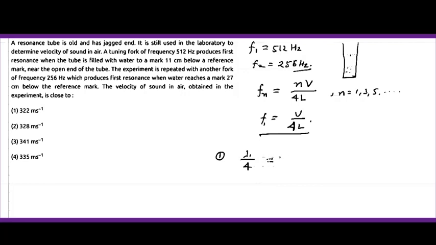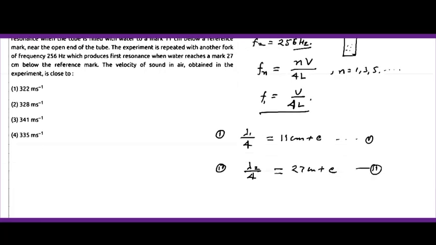ठीक है, सो लैम्डा वन डिवाइड बाई 4 जो होगा यहाँ से ये आ जाएगा 11 सेंटीमीटर प्लस ई के। ठीक है, ये इक्वेशन हो गई फर्स्ट। दूसरी इक्वेशन होगी अगेन लैम्डा टू डिवाइड बाई 4, क्योंकि सेम सेटअप है, सिर्फ फोर्क चेंज हो रहा है। फोर्क चेंज होने से जो रेजोनेंस मिल रहा है उसमें वेरिएशन आ रहा है। वो पहले 11 सेंटीमीटर मिल रहा था, फिर 27 सेंटीमीटर मिल रहा है, इसलिए लैम्डा टू डिवाइड बाई 4 इक्वल हो जाएगा 27 सेंटीमीटर प्लस ई के, और ये इक्वेशन हो जाएगा सेकेंड।